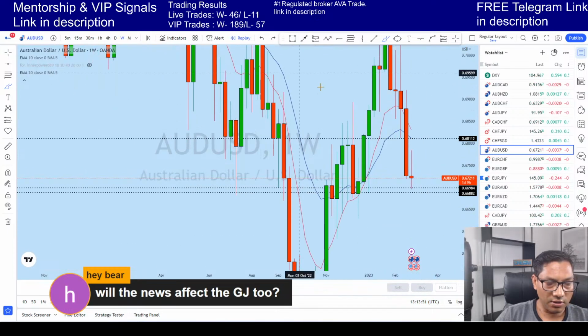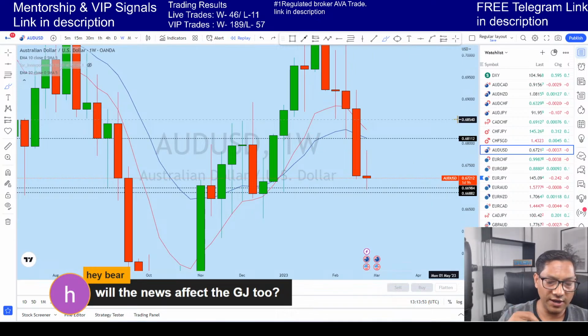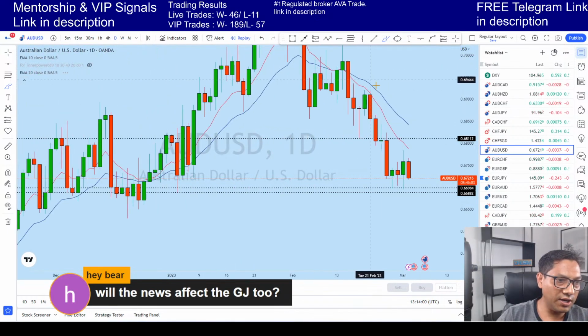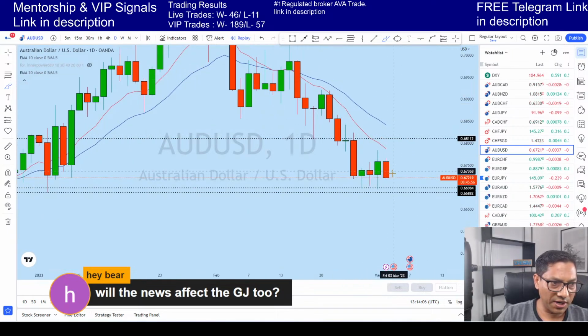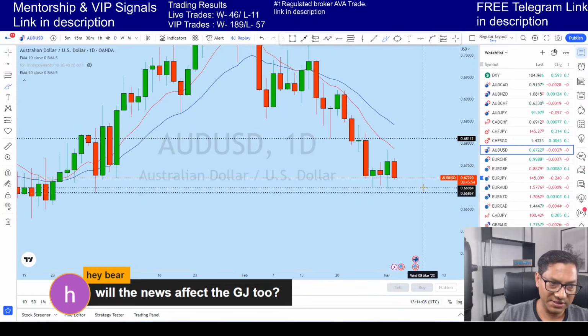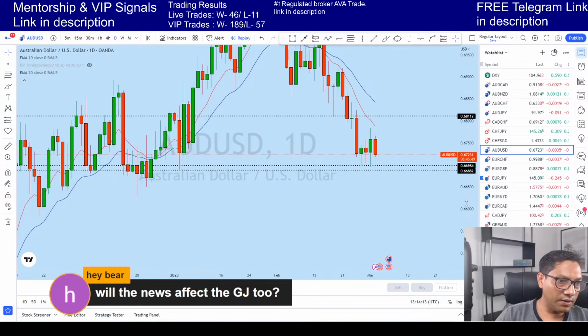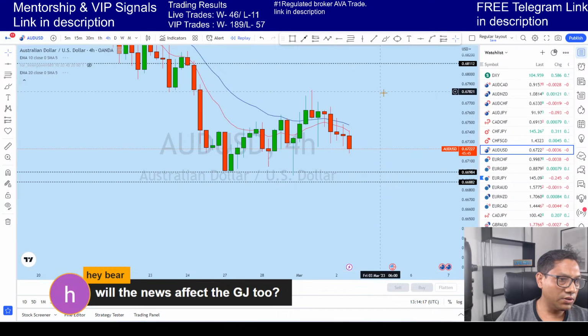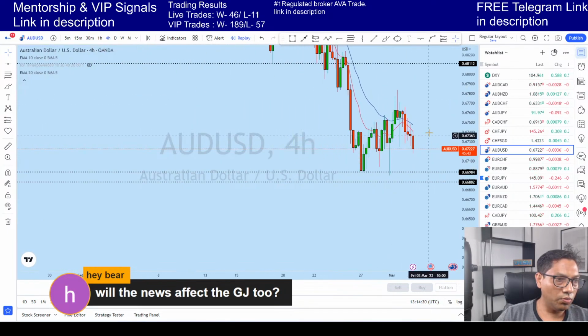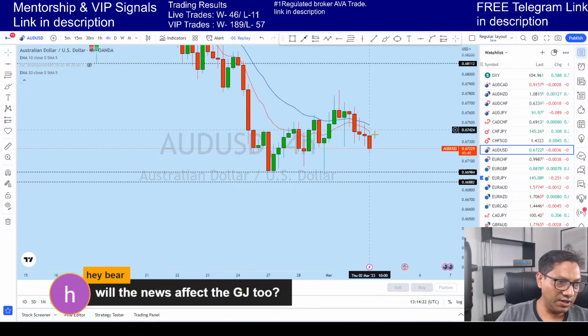Okay, the whole point here is to find the exact point of buying or selling in the market for a long-term trade. Now looking at the daily, I know that coming to this point can be a little bit ambitious because the price already has a big drop, but there is still a probability. Now this is the level that we are expecting. Let me look at the 4 hour. Okay, so yeah, there is still a probability.